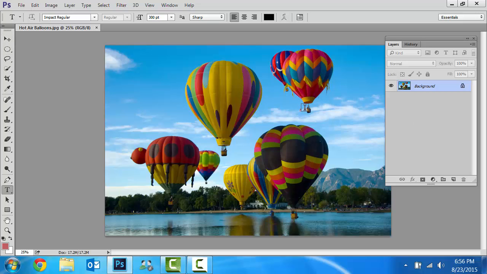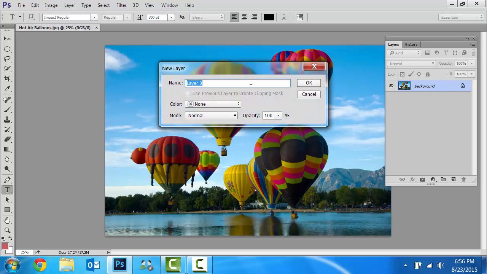Now when you open up a normal Photoshop file for the first time, you'll notice that over here the layer where my cursor is now says background. I'm going to change that because it's written in italic, and if it's written in italic it means that it's trying to lock your file. Here's a little lock icon that shows that. So by double clicking on that, I can rename the layer. Right now I'm just going to keep it as layer 0 because I don't really have something to name it, but if I wanted to I could